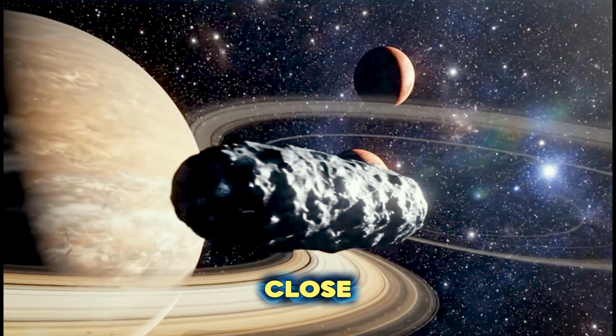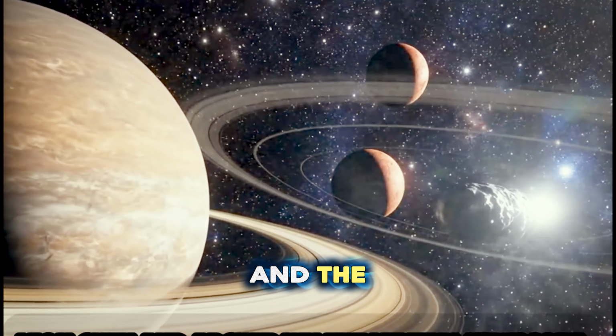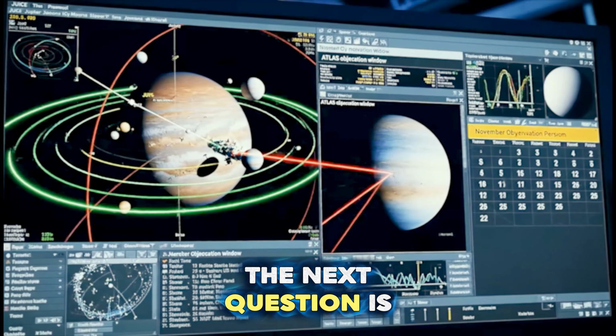So the orbit doesn't close. The motion checks out in the images, and the math gives it leftover speed. The next question is where that approach